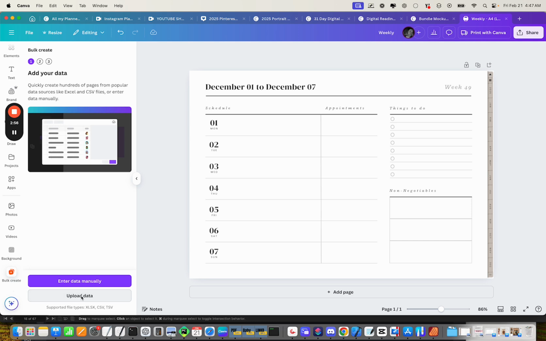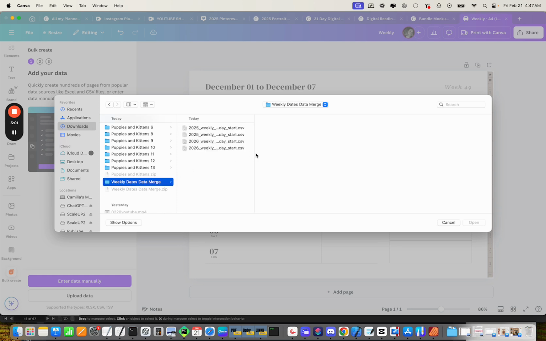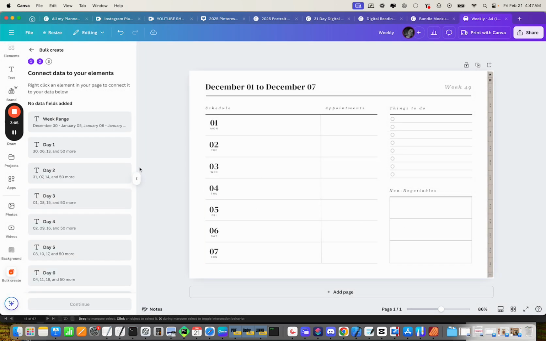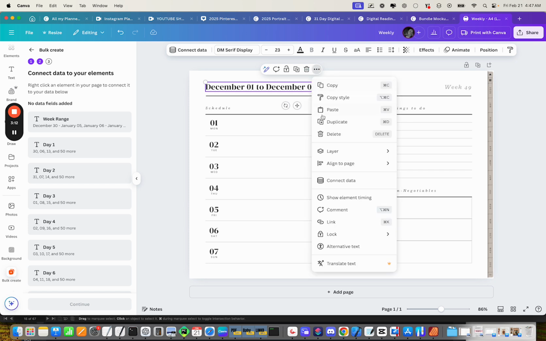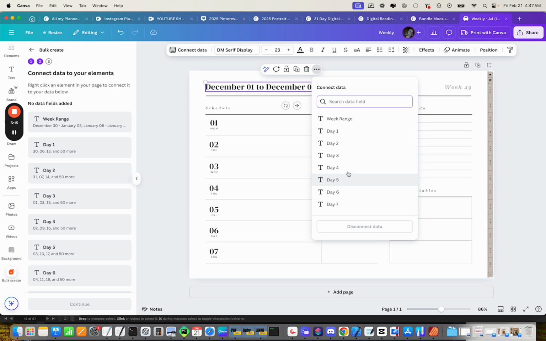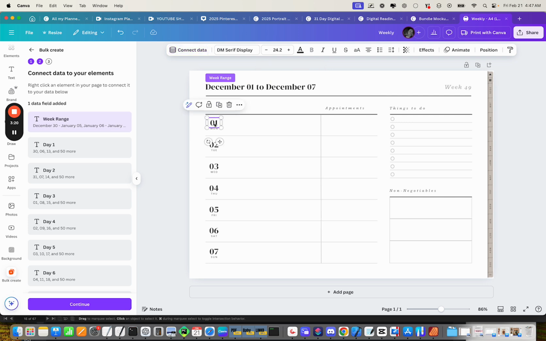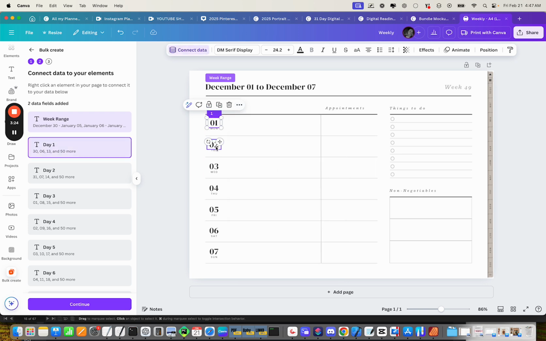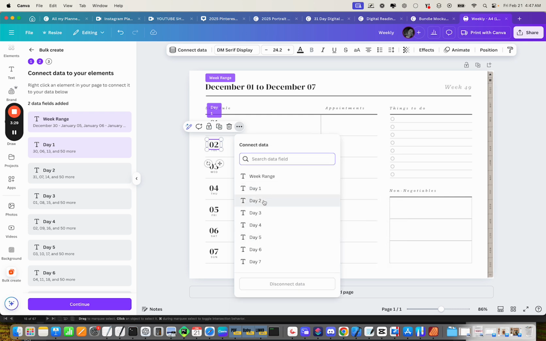We're going to upload our data, and this is a Monday start. So let's grab our Monday start CSV. And then we want to map our fields. The way that we do that in Canva is we click on it, and then we click on More, and then we go to Connect Data. And we want to click, this is our weekly range. And then this one, we want to connect data. That's day 1, day 2,